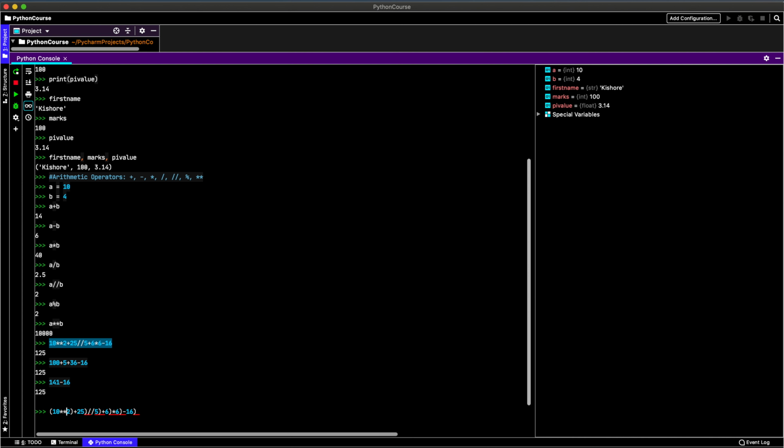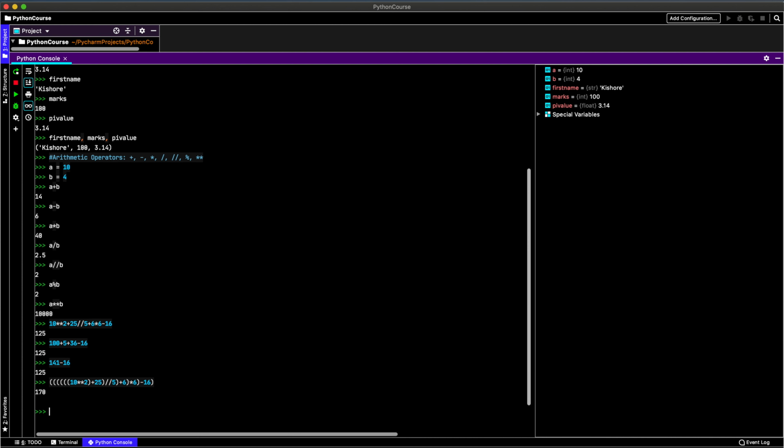We need to have equivalent open brackets, so I add 6, 1, 2, 3, 4, 5 and 6, and for each operation I separated as per the BODMAS rule. Every time brackets will be considered as the first operation, and inside, whatever the operation, it will again follow the operator precedence and then evaluate accordingly. So if you hit enter now, you'll get the result as 170. That is what we got when we calculated it the very first time.